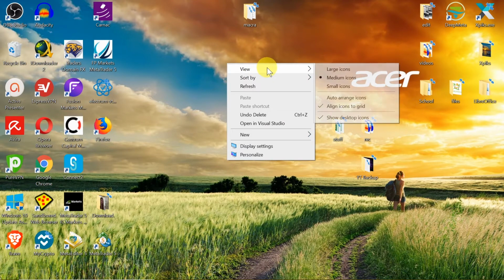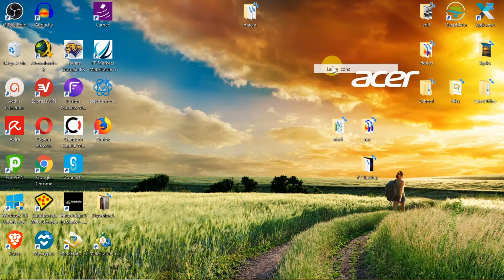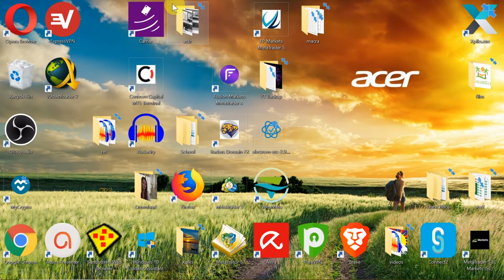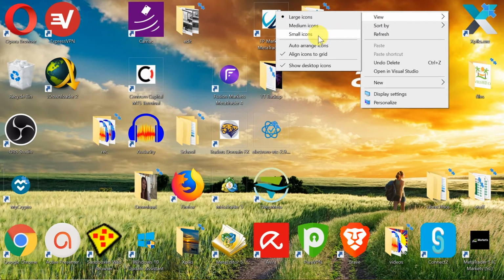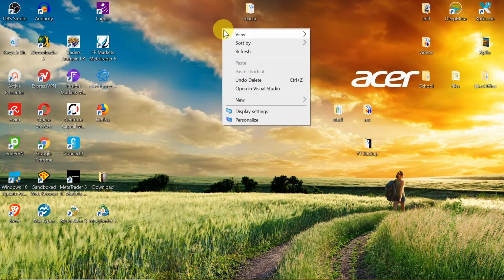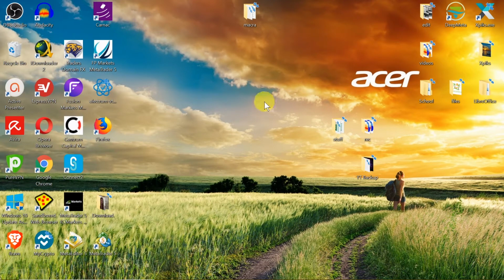If you right click, go to View, choose large, our icons will become very large, just like you see over here, super large icons. And if you right click, go to View and choose small, we will go to small icons. So just pick the size that you like the most, and this is how we can change the size